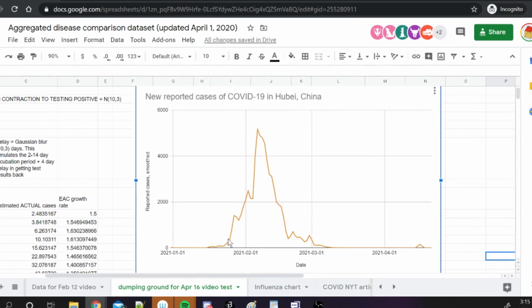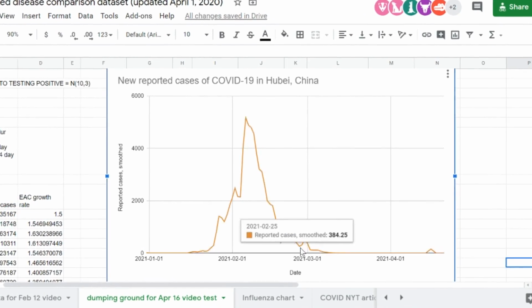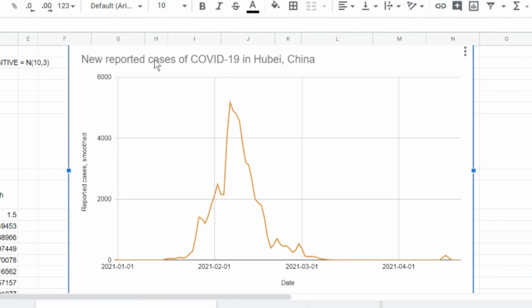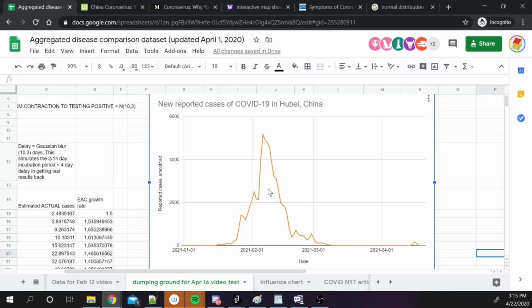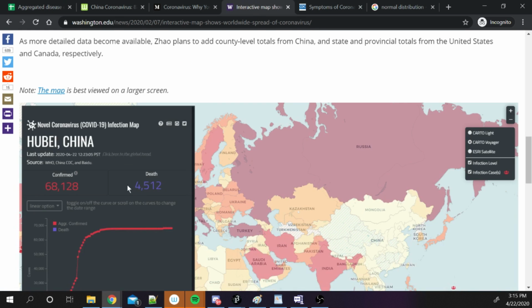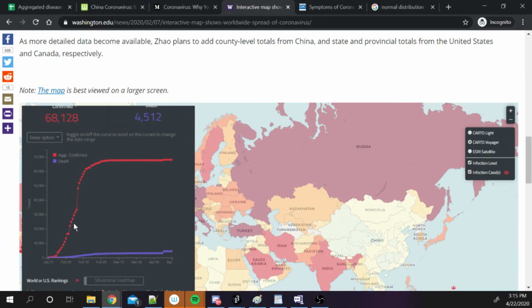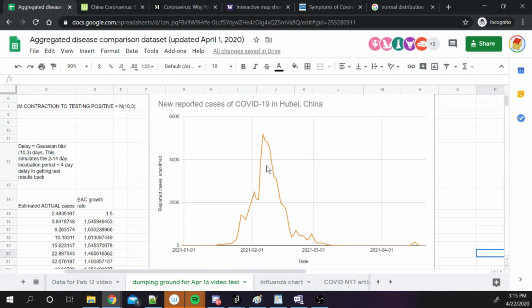Okay, so first off, this orange graph is pretty self-explanatory. It's the number of new reported cases of COVID-19 in the hardest hit province of Hubei, China. You can think of it as the derivative of this graph you see everywhere, which is the total number of reported cases of COVID-19 in Hubei, where the increase of each point in this graph reflects the actual height of this graph. And this little blip on the right corresponds to when China retroactively increased their estimates by about 50% 2 months after the fact. So I don't think this reflects any actual second outbreak in Hubei.